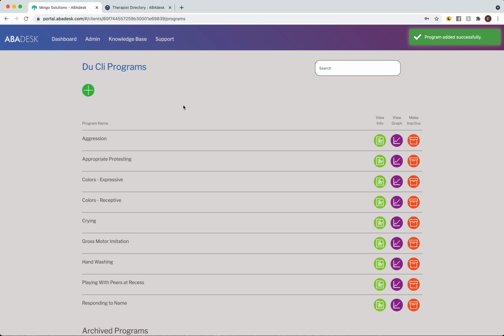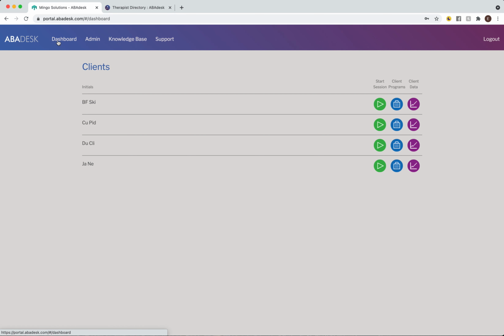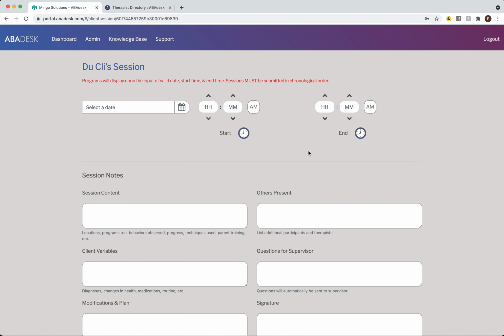All right, so if we want to see what all of this turned into, let's go to the dashboard and actually start a session. In order to do that, we're going to have to hit start session. As soon as we enter a valid date, start time, and end time, our programs are going to show right where this line is. By valid dates and times, I just mean your sessions must be submitted in chronological order,